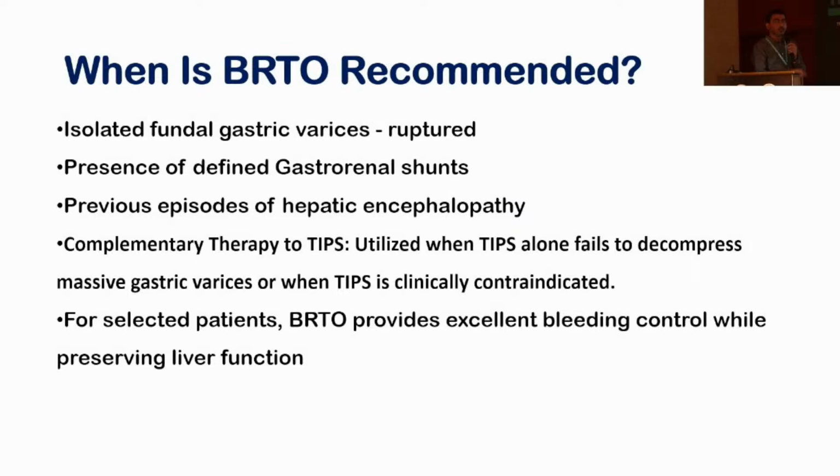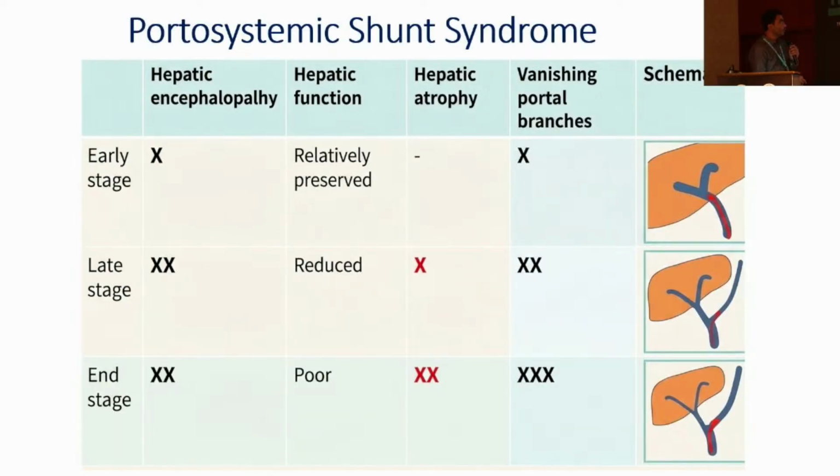For selected patients, BRTO provides excellent bleeding control while preserving the liver function, because in BRTO, by occluding the shunt, we are diverting the blood back into the liver parenchyma. So next is the portosystemic shunt syndrome. This is the newer topic where when there is a large shunt which diverts the blood away from the portal